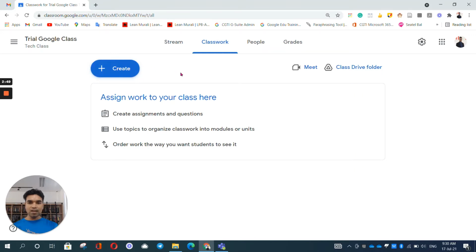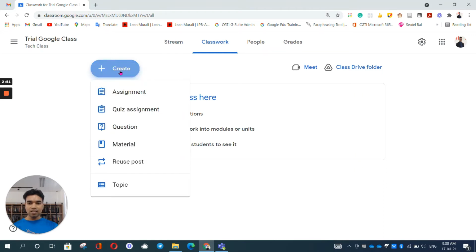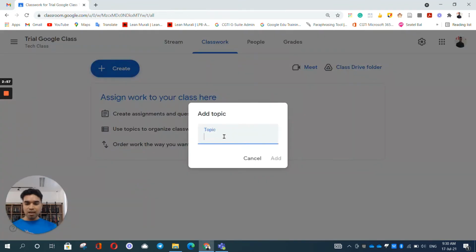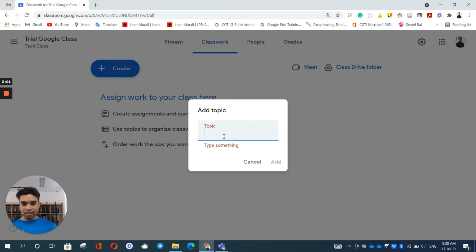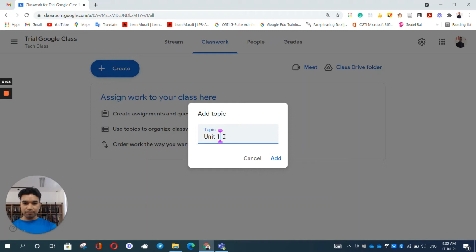So first, I will create topics, however many topics I have in my Google Classroom. A topic can be unit-wise. Unit 1, let's see, Google Doc. I'm going to teach what Google Doc is.